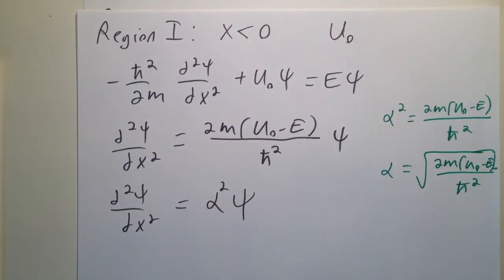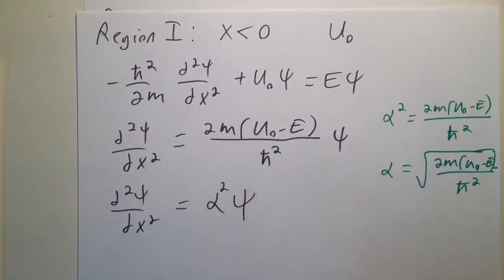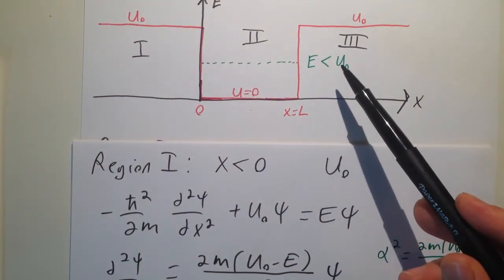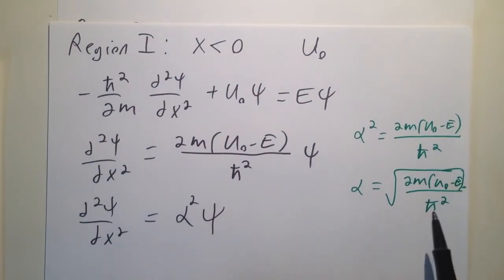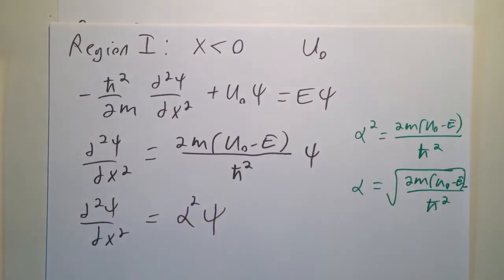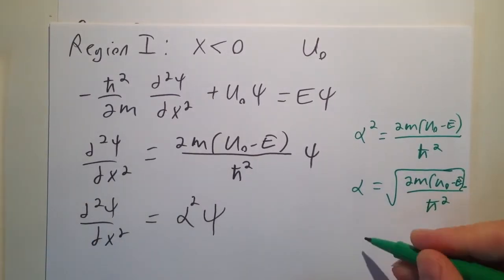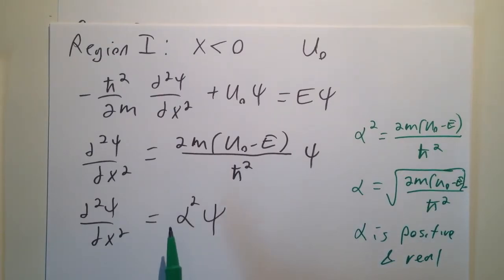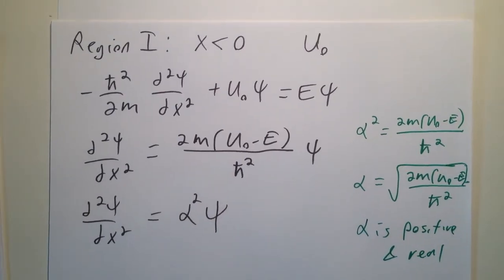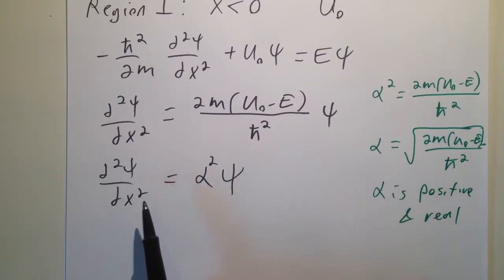Okay, so there's the differential equation now. And so we need to look for a wave function that satisfies this equation. We can note that, again, looking at our picture, E is less than u-naught. The energy of our particle is definitely less than u-naught. So whatever's under the square root is definitely positive, and so alpha is just a positive real number. Okay, so alpha squared is positive and real, and